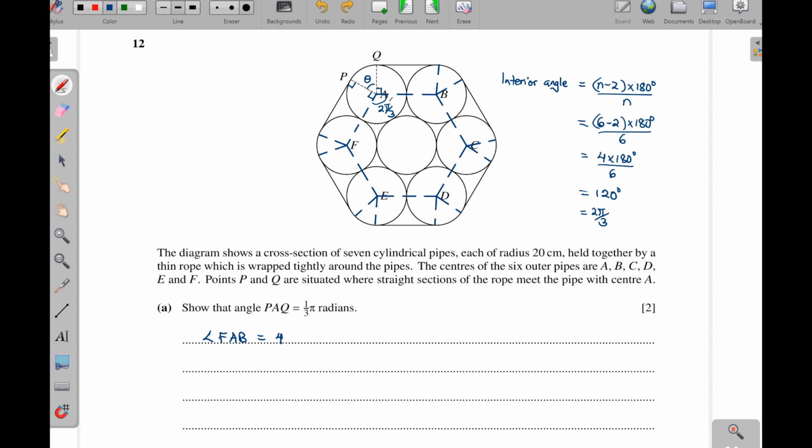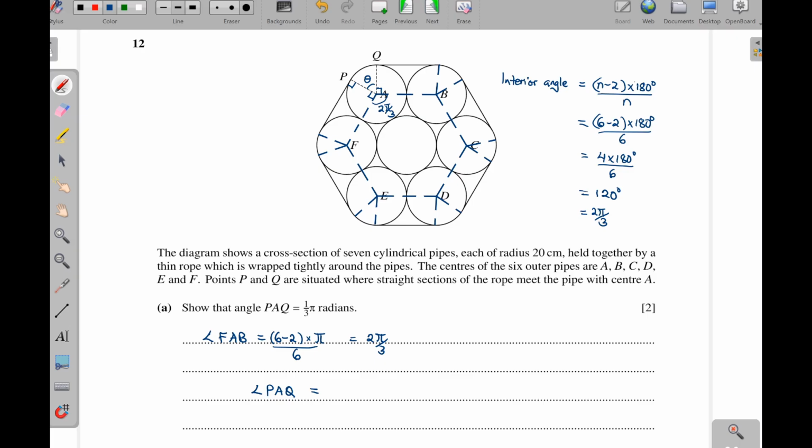And then another thing, you need to first find how you got this one here. Okay, so it is 4 times, in fact, since we are doing things in radians, I will just say 6 minus 2, then times pi over 6, then this one will give me the 2 pi over 3. Then this angle PAQ